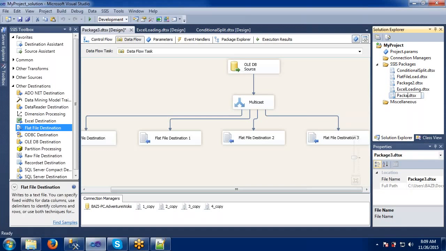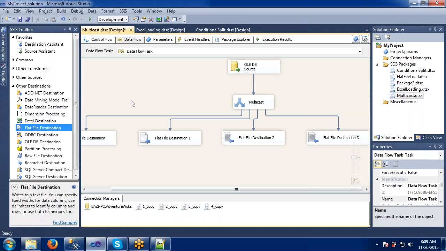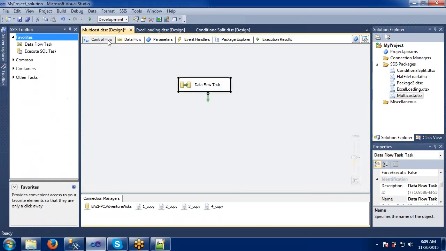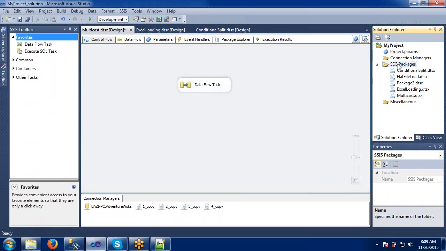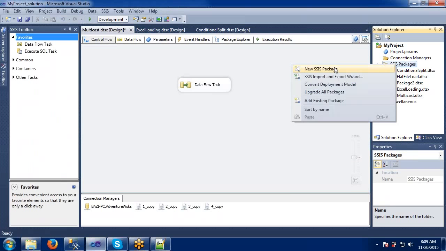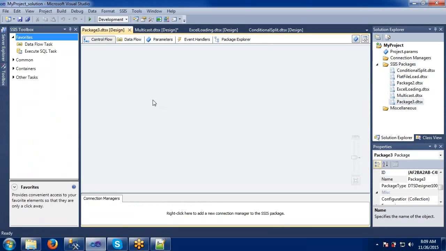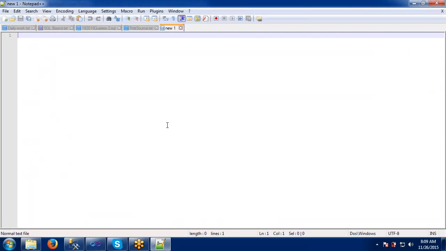I will make some multicasting here. I will take another package here. Now I'm going to use another requirement, which is in reverse.